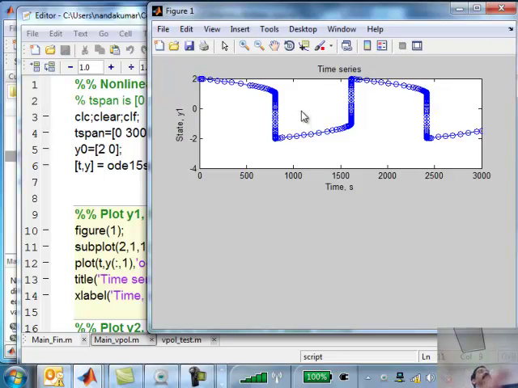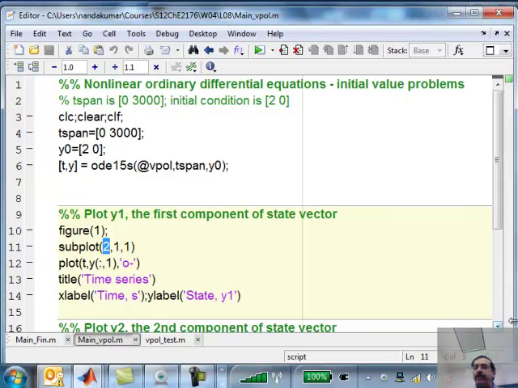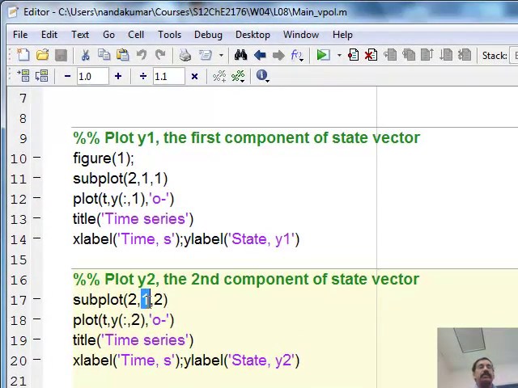Now I get a graph which is plotted on the top half of the page. If you want to save pages, if you want to compare two figures, you can do this by using something called a subplot. In the subplot command, the first parameter says I'm going to have two plots in that page. You can put 4. That means I'm going to have 4 plots in that page. The second 2 parameters are matrix assignment. So for the first plot, 1 1 means it's on the top, and the second one would be 2 1, which means it'll be below, one below the other.